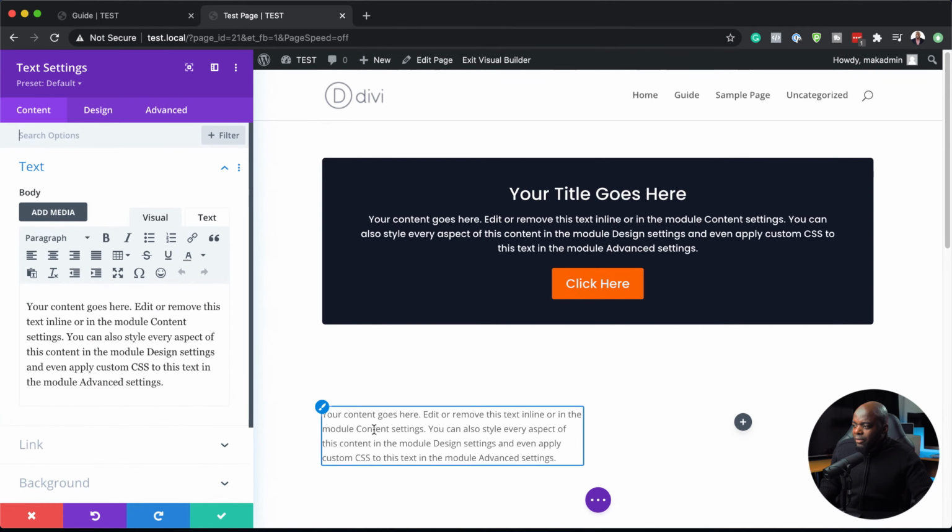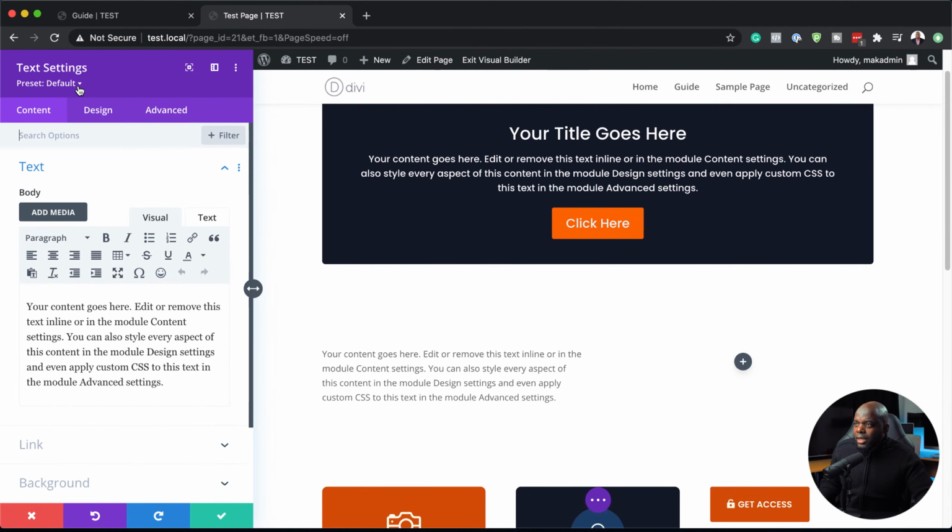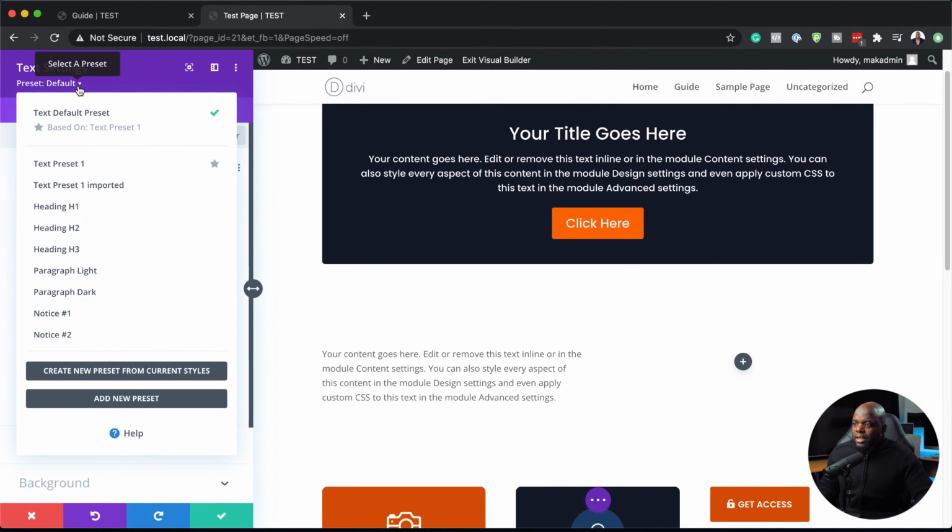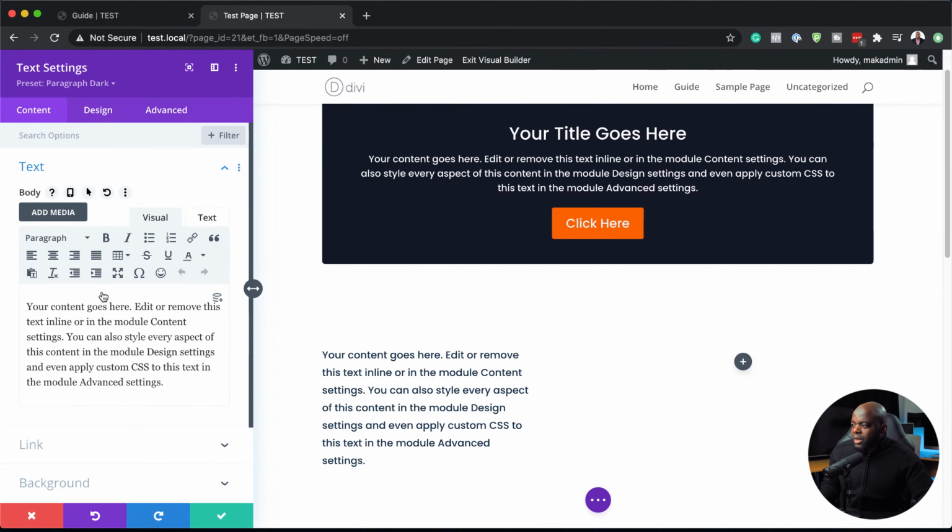And as you can see, we have our default here, but I can come over here and choose my presets. So I can go with this one here. And as you can see, this one is the dark one, which works on a light background. So if I were to save this,